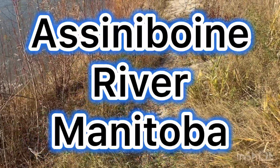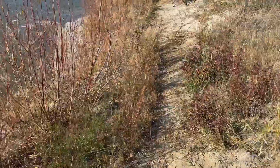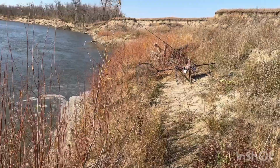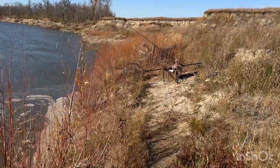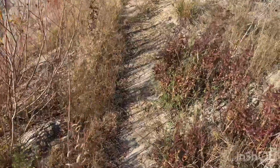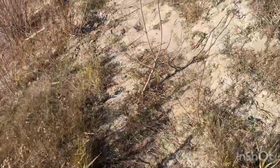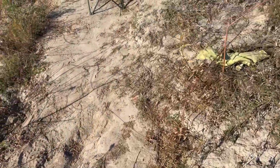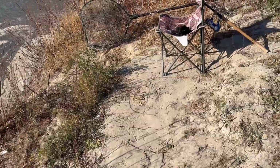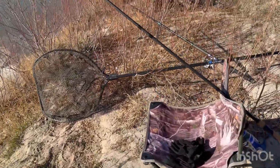So it is a chilly fall day. Beautiful, beautiful, sunny. So along this little path we go, and you know, I was just needing a little spot to... There's my chair fitted in here nicely, and